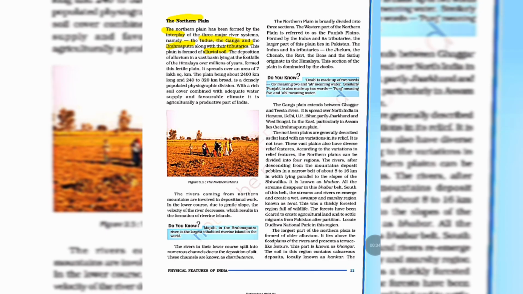The deposit of alluvium in a vast basin lying at the foothills of the Himalaya over billions of years formed this fertile plain, and it is a new landform in comparison to the Himalayas and the peninsular plateau. It is spread over an area of 7 lakh square kilometers, and the plain is about 2400 kilometers long